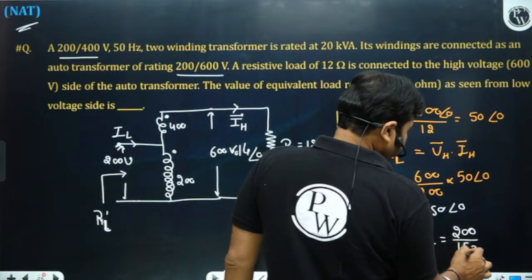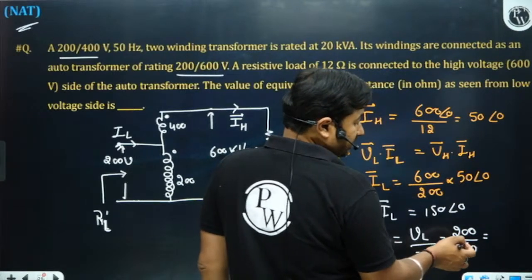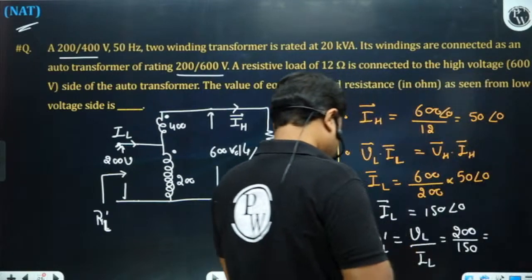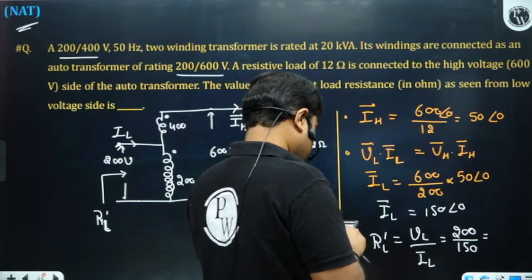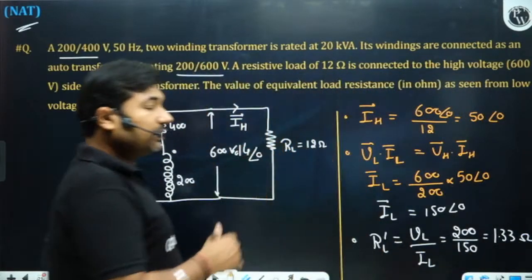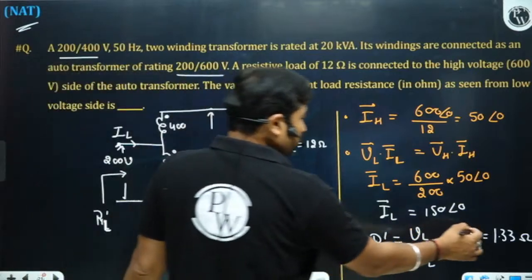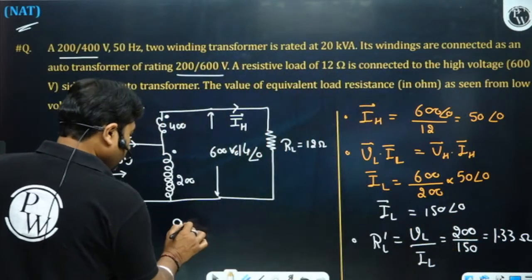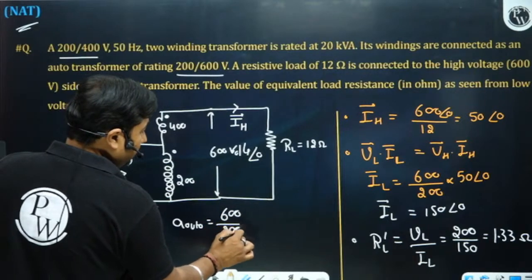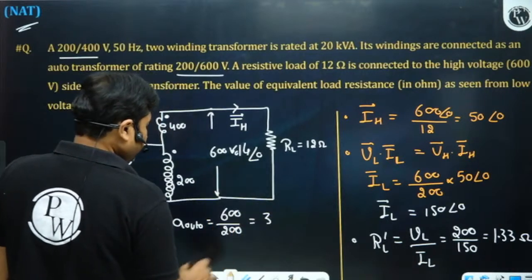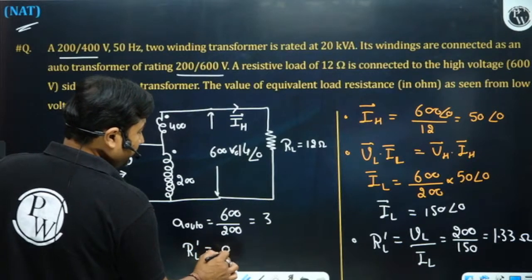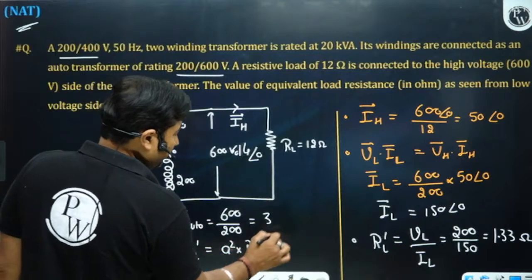200 by 150. So 200 by 150 is basically 1.33 ohm. You can also calculate by multiplying A square. What is A auto? A auto is VH by VL. So VH by VL means 3. So RL dash can also be represented as A square times RL, where A is,